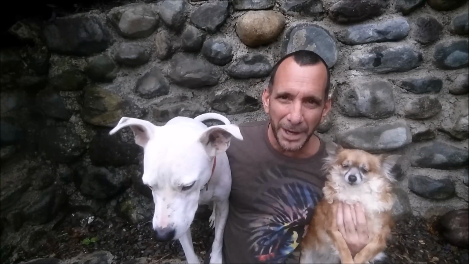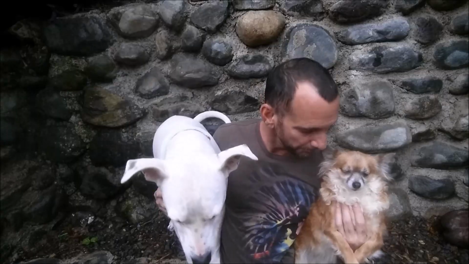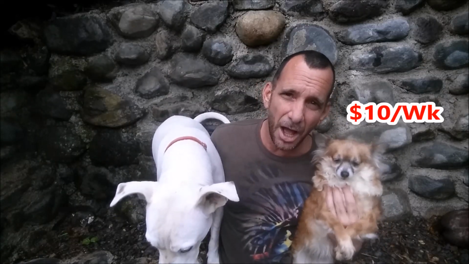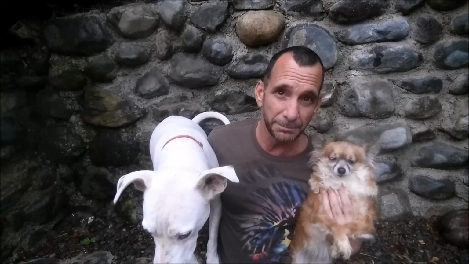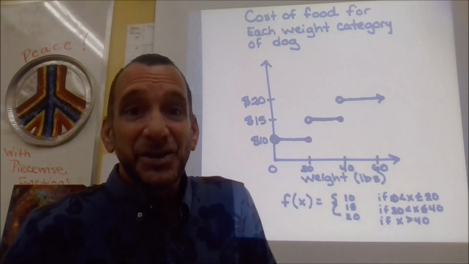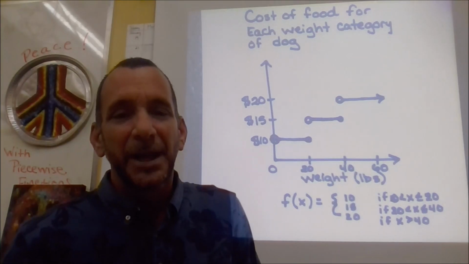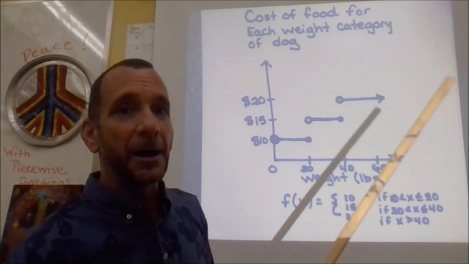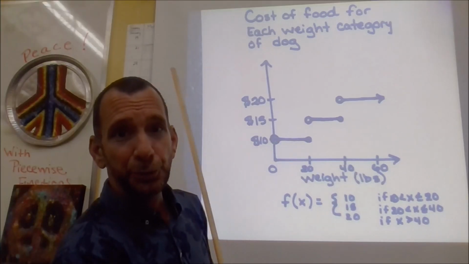Here's an example of when to use a piecewise function. It costs $10 a week to feed Soki, but it costs $20 a week to feed this guy, Palomo. We can illustrate this scenario using a piecewise function. Here's a great piecewise function, and it illustrates what we were talking about with the cost of food for each